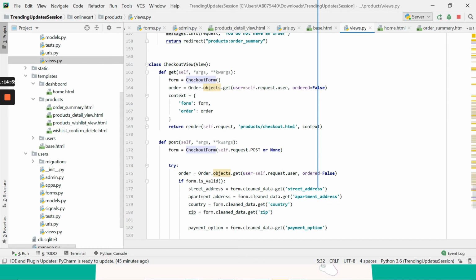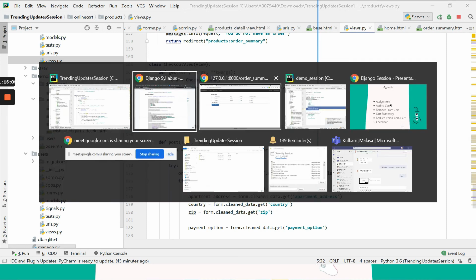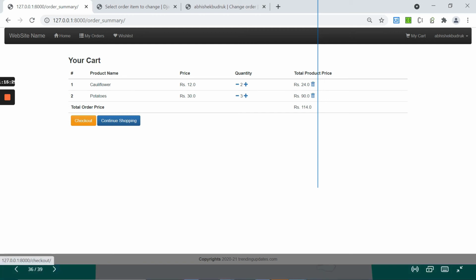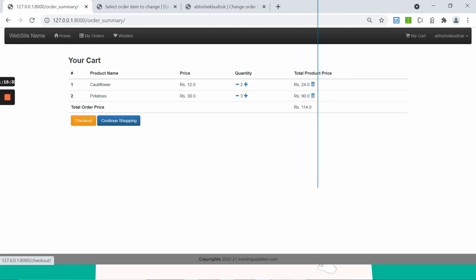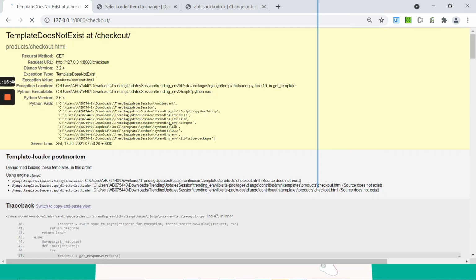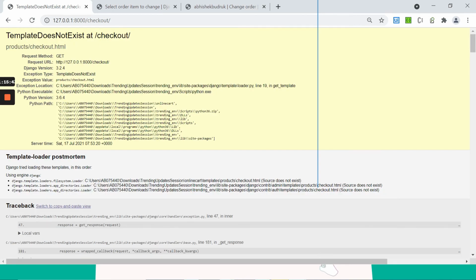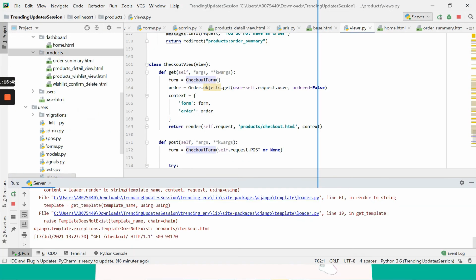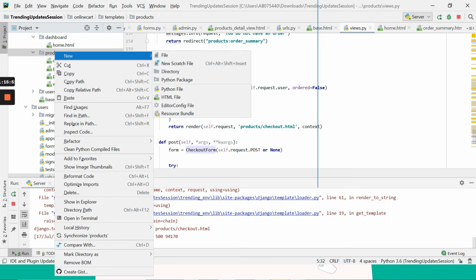Now what will happen whenever you click on checkout? I'll show you how this is looking, inside which you can see the checkout option over here. In the left corner, whenever I hover, it is calling the checkout method from your URLs. Then whenever you click on this, okay, now template does not exist at products/checkout.html. The checkout.html template is not present under the products. I'll create that checkout.html file, which is an HTML file.